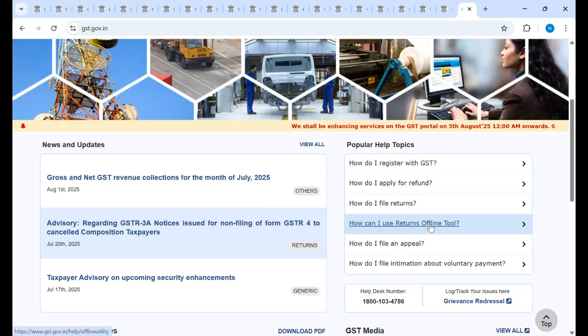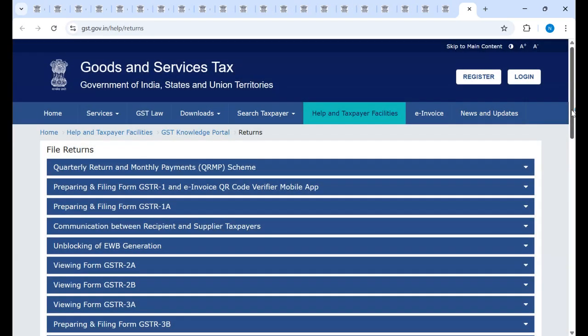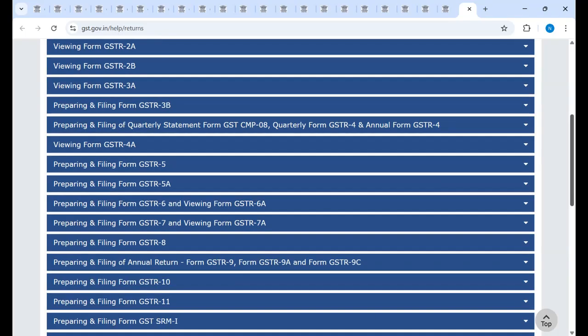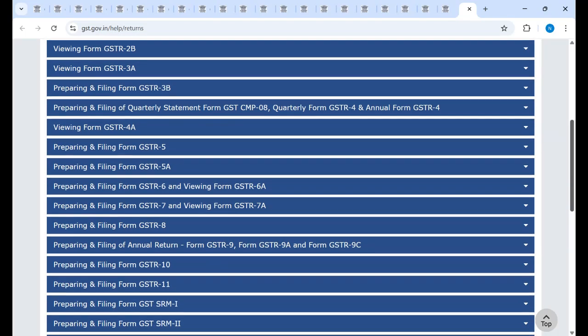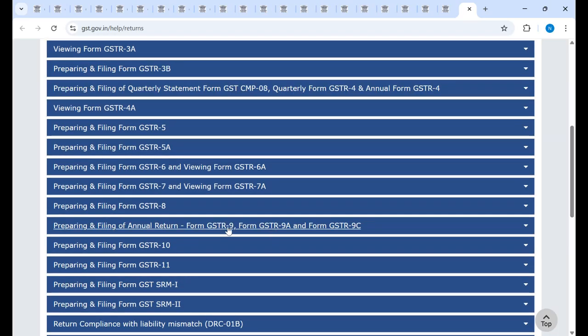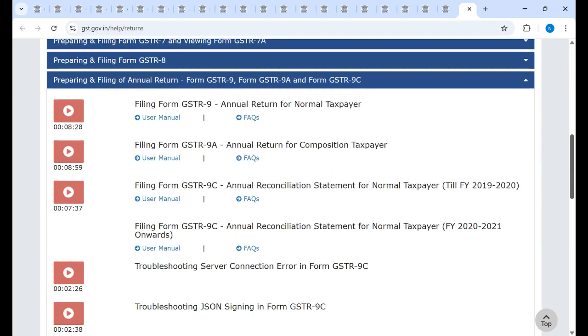Offline tool I already explained to you, but there are another one or two small videos that we can see. Then once again I will also show offline. And there are a lot of manuals also available, the user manual. That user manual you can also see, it will give a lot of input to you. I will go for some other videos, then we will see the